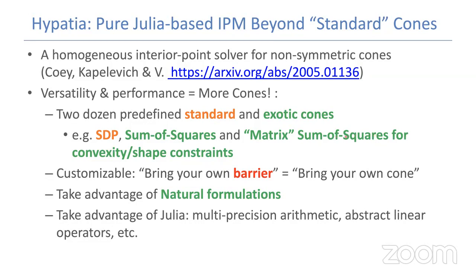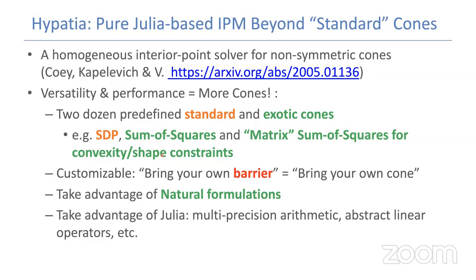And these kinds of objects you can use to, for instance, restrict the trajectory that I had before to be convex, or add other types of shape constraints to trajectories. And it has about 24 predefined cones that Hypatia can deal with directly, going slightly beyond what is currently directly accessible from MOI. And in addition, it allows you to add a new cone. So if there's a new cone that was not included, you could bring it.